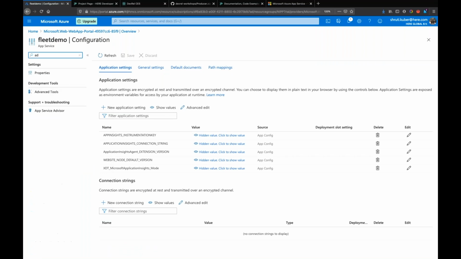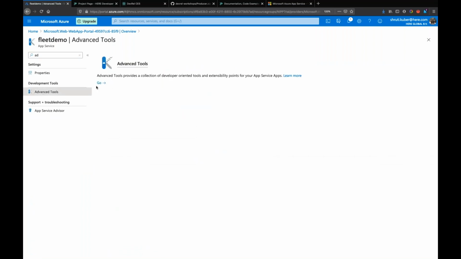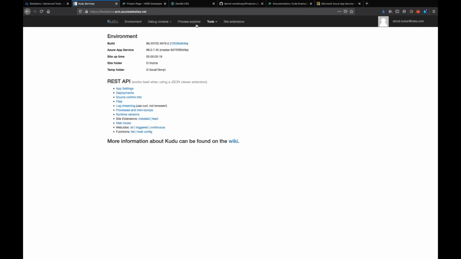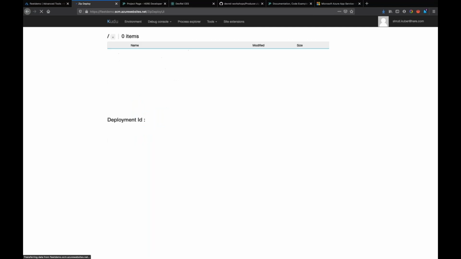Once you do that, type advanced tools, and then we need to add our API keys in one more tiny place. Click on tools and click zip push deploy. Like I said, we haven't really added our application code yet. So to add that,